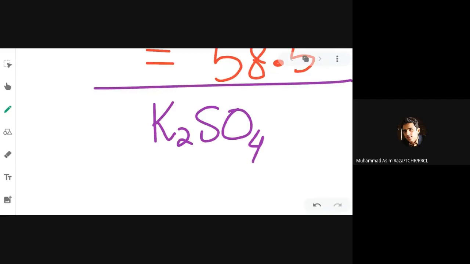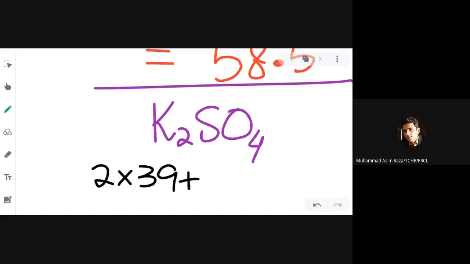Because potassium is a metal, I told you that a formula unit will contain a metal in it. So you see that we have one potassium, and the mass of one potassium is 39. So you will write down here 2 times 39, because there are two potassium atoms,